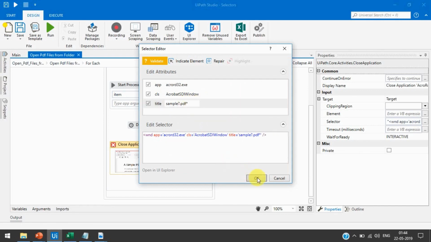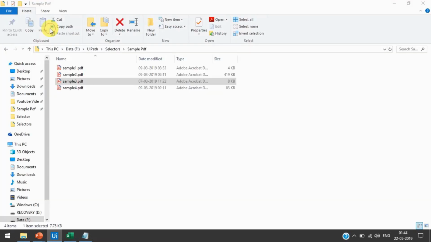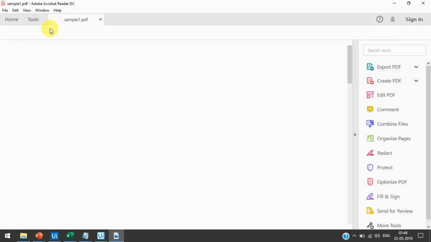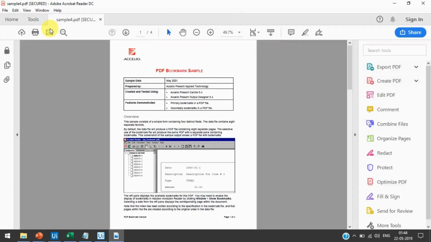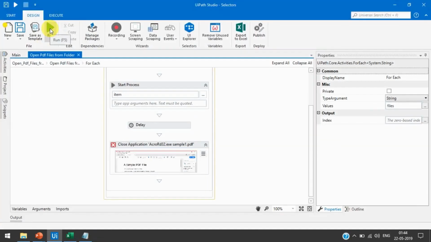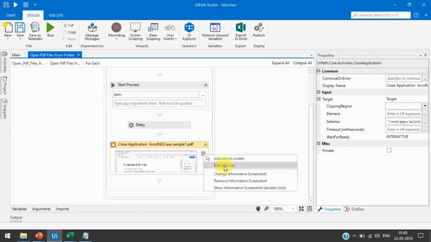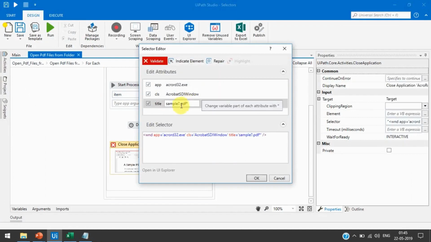Now press OK and run that. So now it has happened. Sample 1 opened and closed, sample 2 closed, sample 3 closed, sample 4 and then closed. It's working fine because we have changed the selector and used both wildcards here.